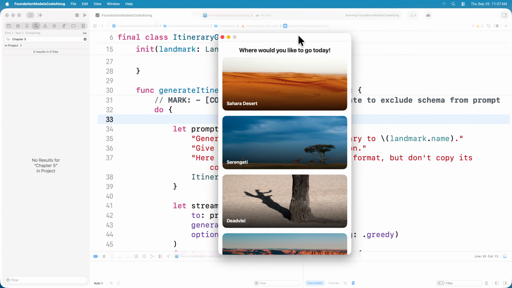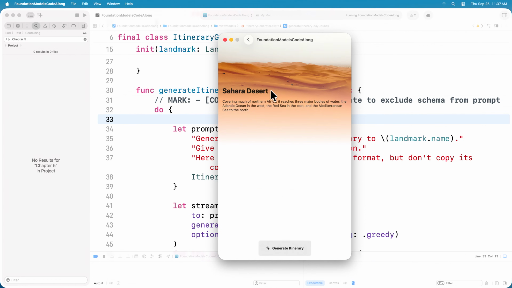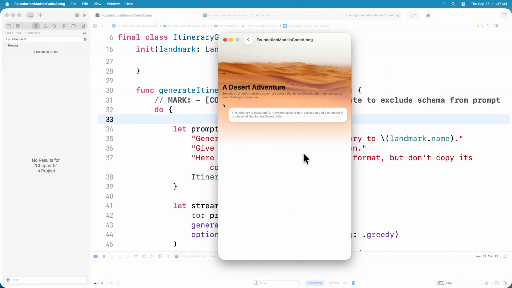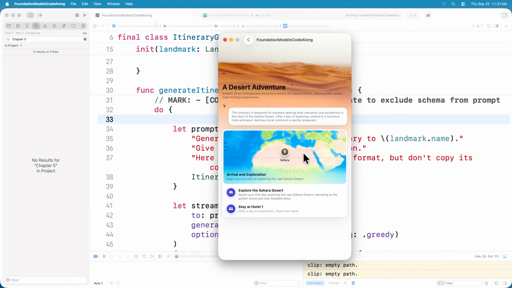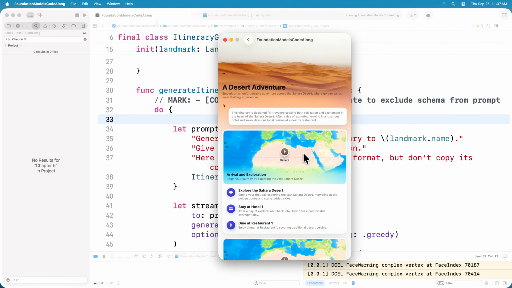And here is our app. Let's go through the standard user flow, which is click on Sahara Desert. I see a generate itinerary button. I click on that. Now this includes the streaming API along with our tools, and it takes our instructions, our